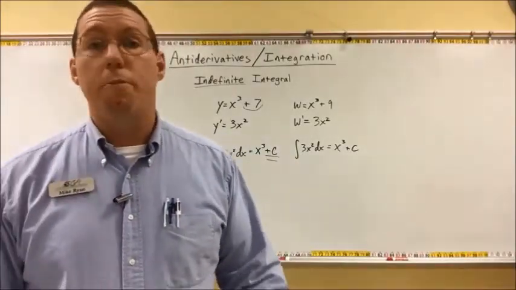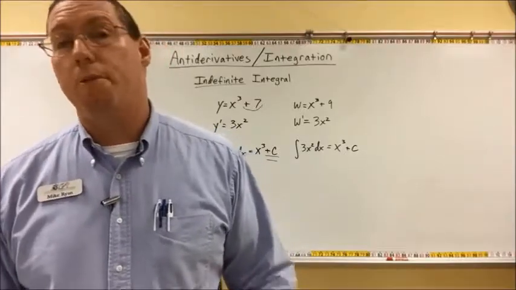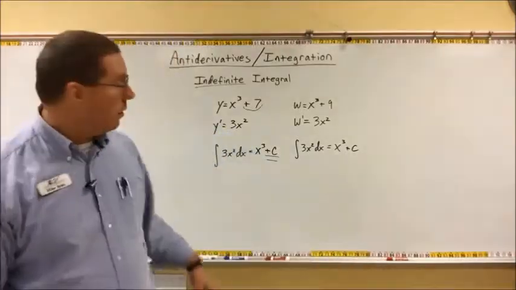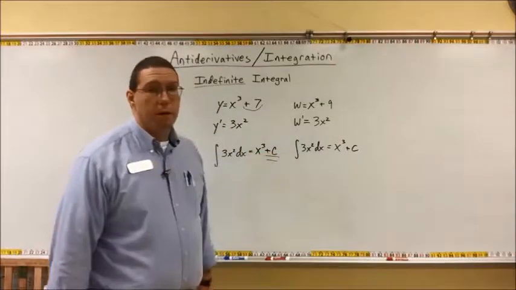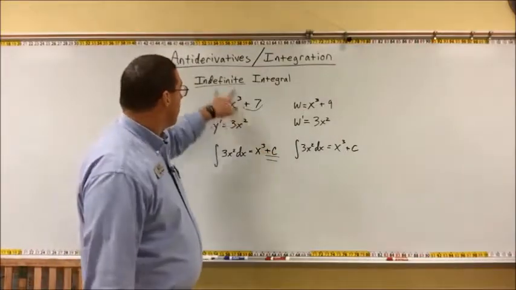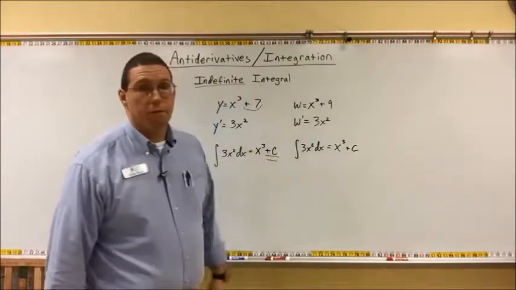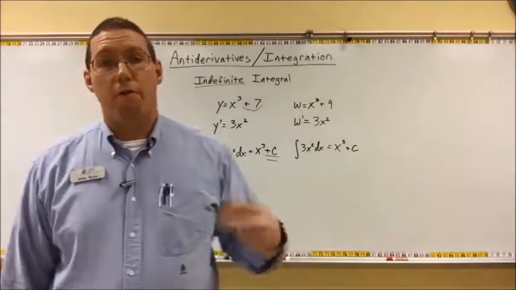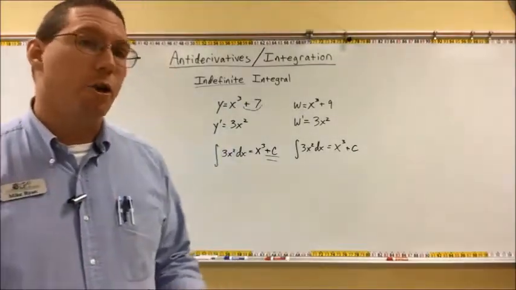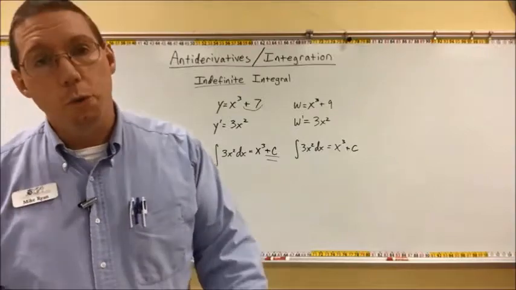It could be x cubed minus 5. It could be x cubed minus 11. Infinitely possible here with this plus c. This is an indefinite integral. So now that you have all of this beginning information, now I can actually show you how to do an